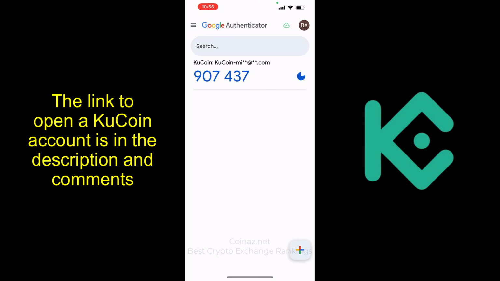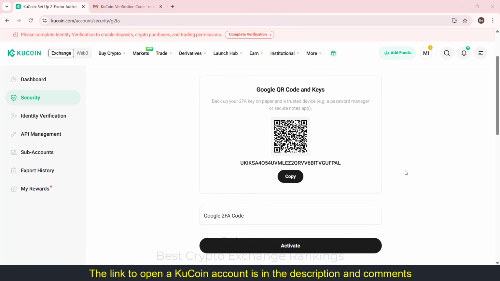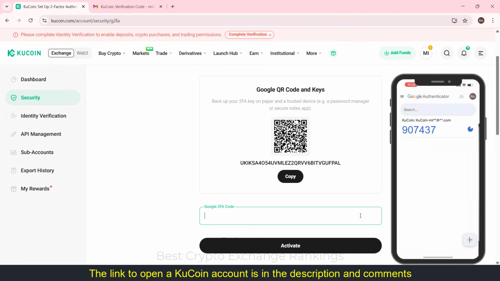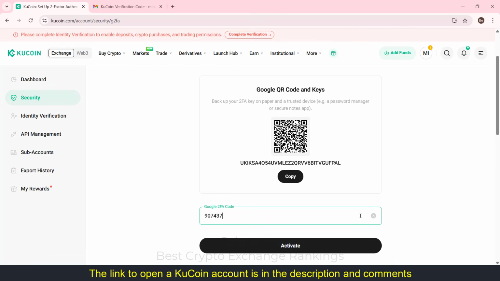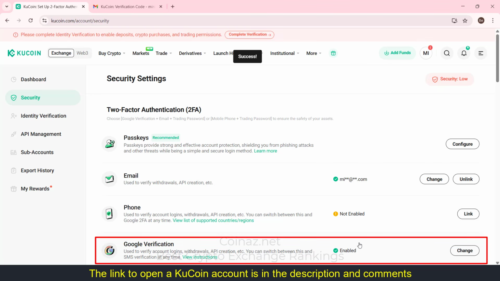Now, go back to the KuCoin website on your computer. Enter the Google Authenticator code here. Click Activate. So, my Google security verification process has been